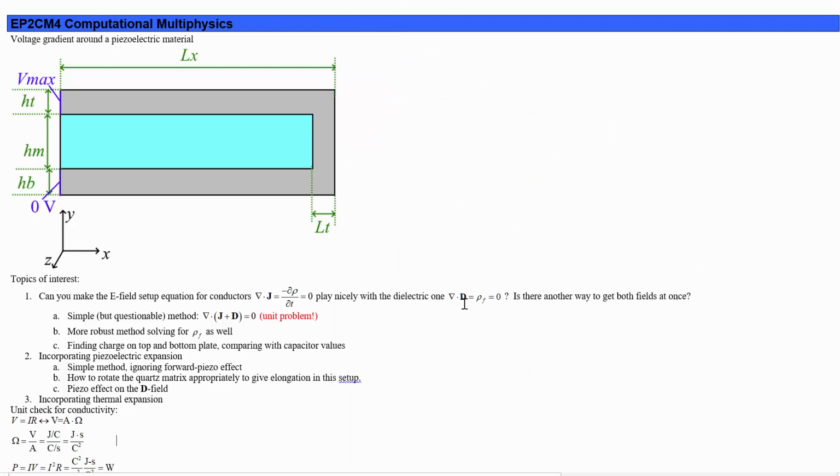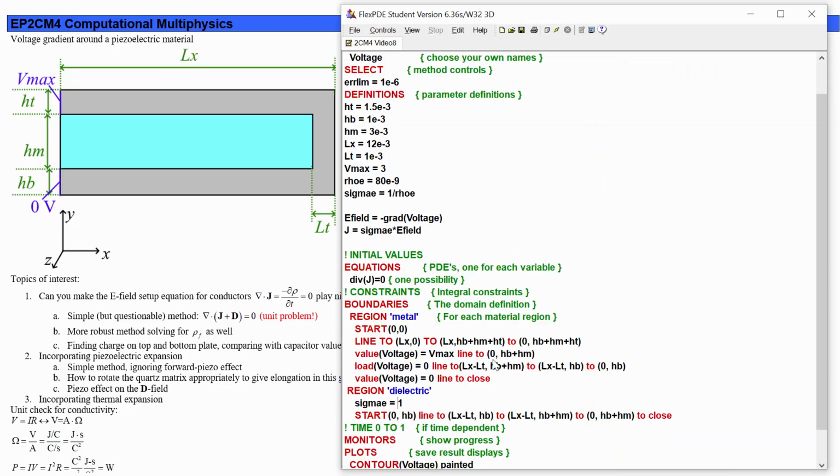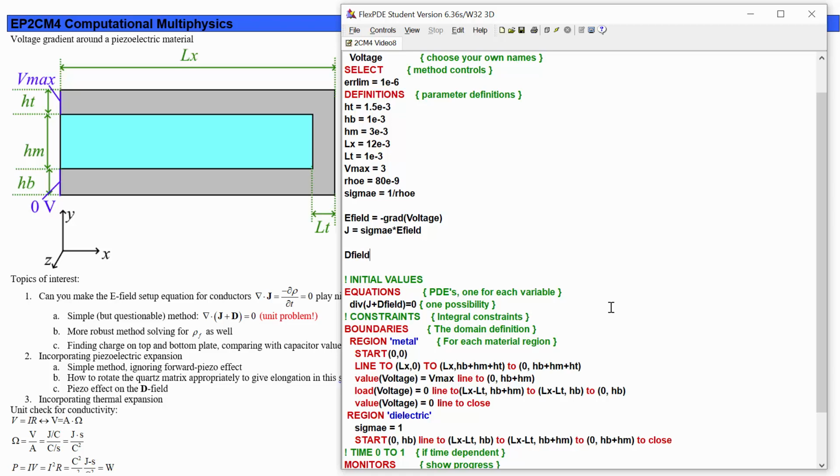So we previously were saying that the divergence of the D field is the free charge, and it's kind of tempting to say, oh, let's just suppose the free charge is 0, so that means div of J is 0 and div of D is 0. So maybe we can say div of J plus D field is 0, where D field is equal to epsilon S times E field, maybe S in reference to what we're going to be doing for piezoelectrics later,